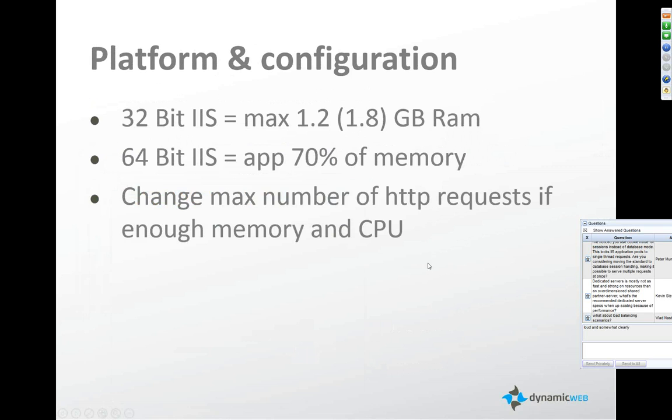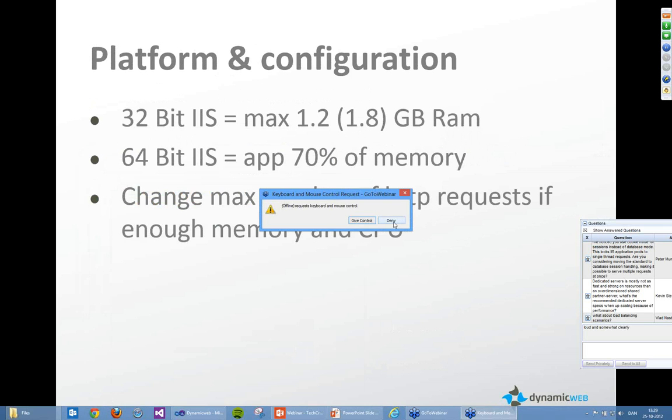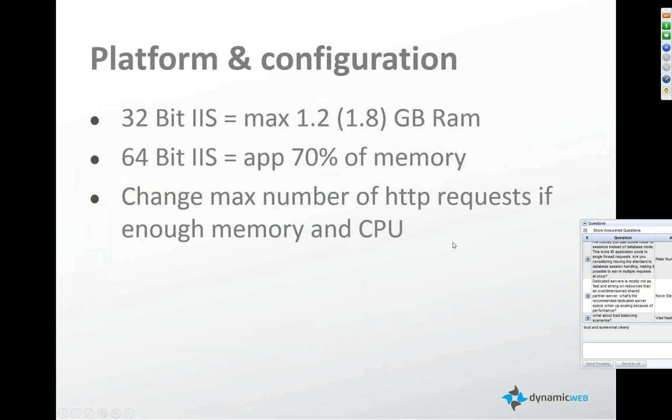Then there is, of course, the platform and configuration. First of all, a 32-bit IIS has a maximum of 1.2 or maybe up to 1.8 gigabytes of RAM. So it's not very suitable for websites with a lot of users or a lot of content, because we're going to run into memory issues pretty fast, especially in a shared environment. If we change to 64-bit IIS, we can use 70% of the memory available on the machine in total. So we can get some pretty big